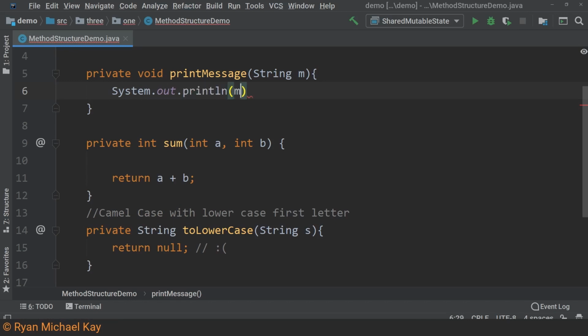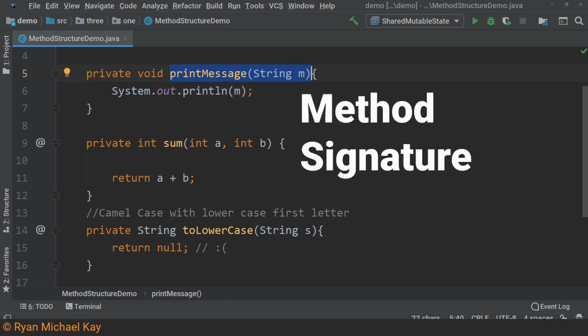There is a maximum to the number of parameters you can include, but if you find yourself adding a great number of parameters, say more than 5, there is a good chance that you are not properly following the object-oriented paradigm. Now, one note is that a method name combined with a parameter list forms what we call a method signature. I will talk about this again when we look at method overloading.